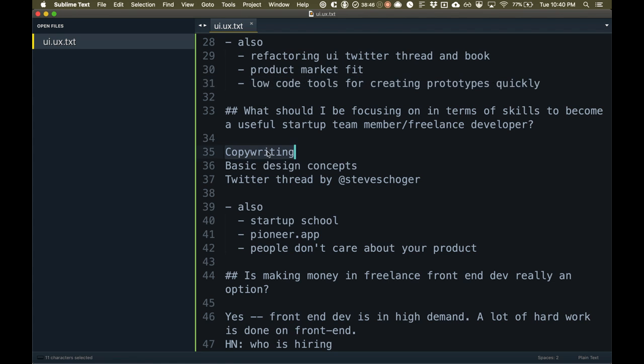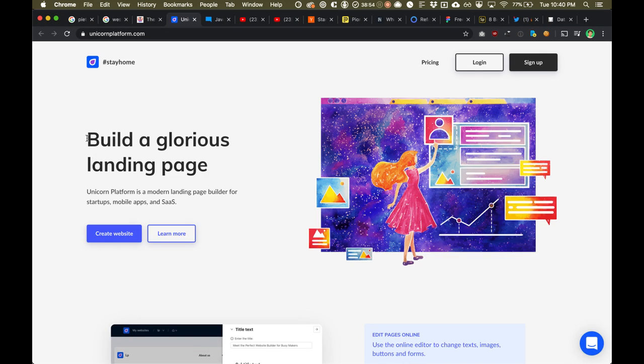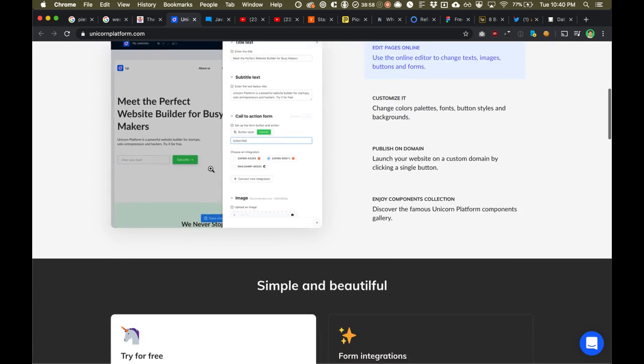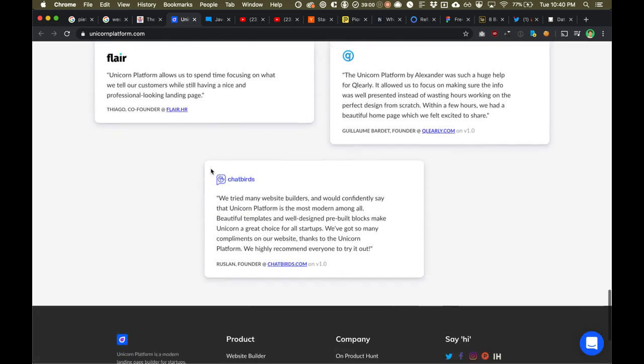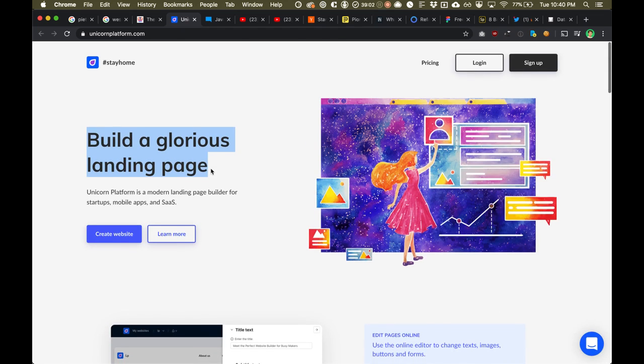By far, this is the most useful thing because you're going to use it everywhere. You're going to use it on your homepage, right? You're going to use it on every headline, on every page of your marketing website. You're going to use it on every page of your web app. You're going to use it in error messages to users. You're going to use it on every single interface.